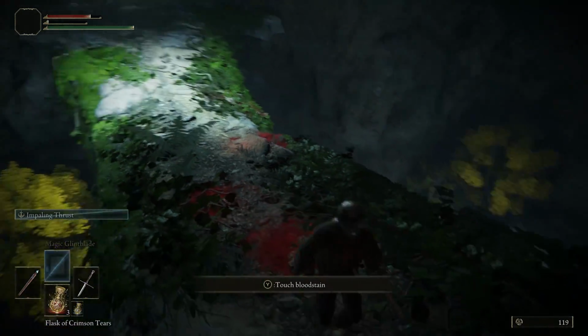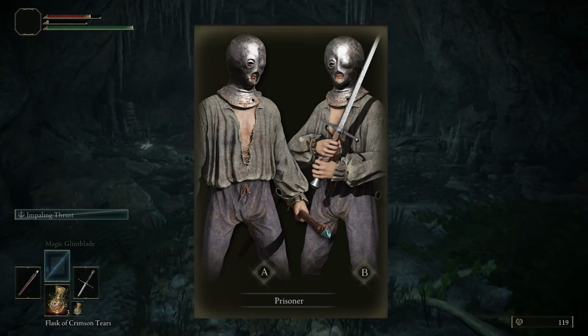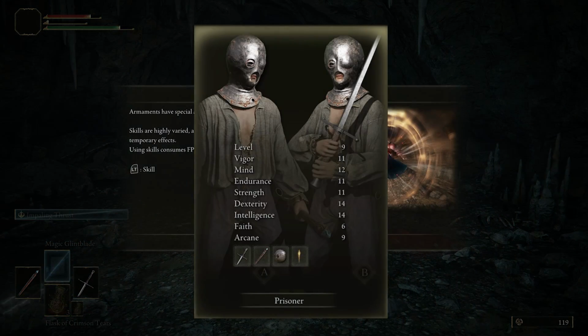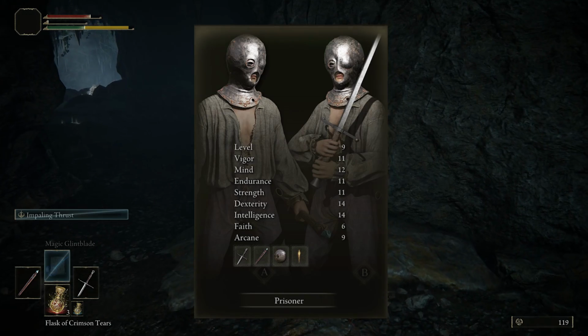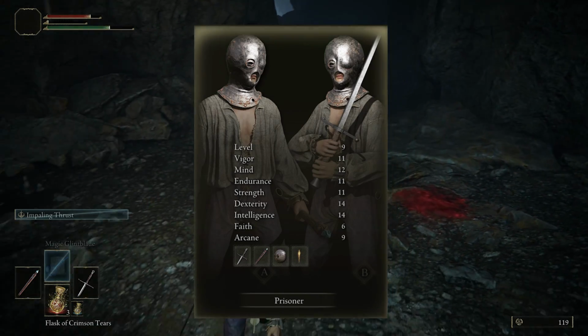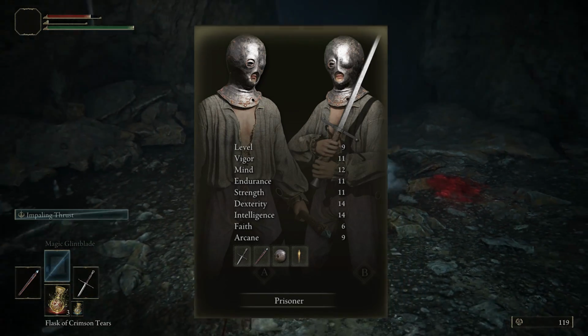So going over to another kind of hybrid class, or at least one that can mix it up a bit, and that's the Prisoner. This class is again a great starter class for those that don't really want to be tied down to just one playstyle. Starting out at level 9 and boasting high dexterity and intelligence of 14 each, but with the trade-off being it has the lowest faith of any class at just 6,